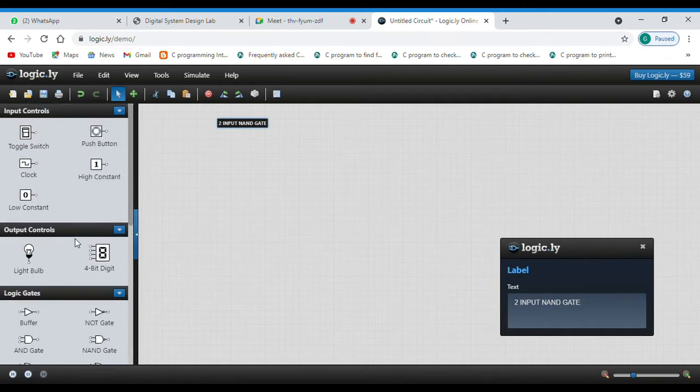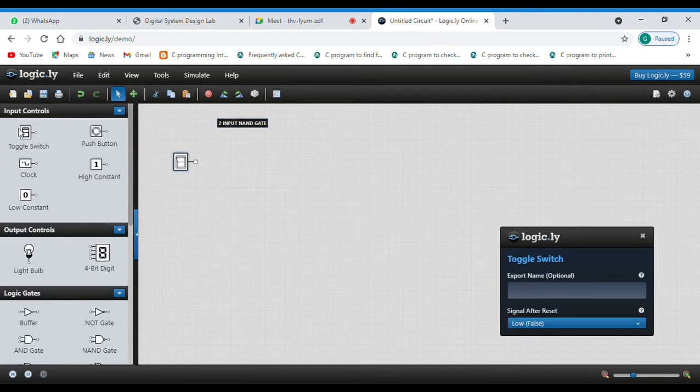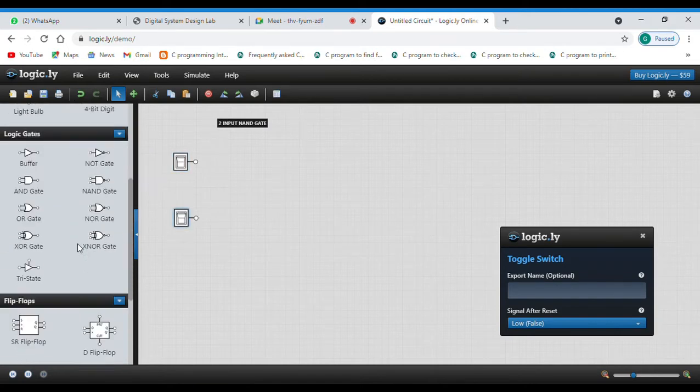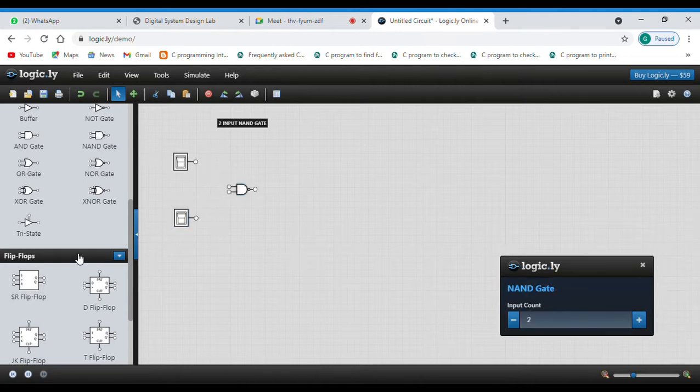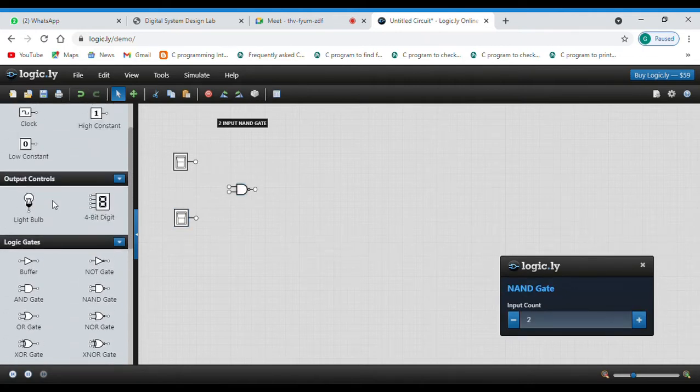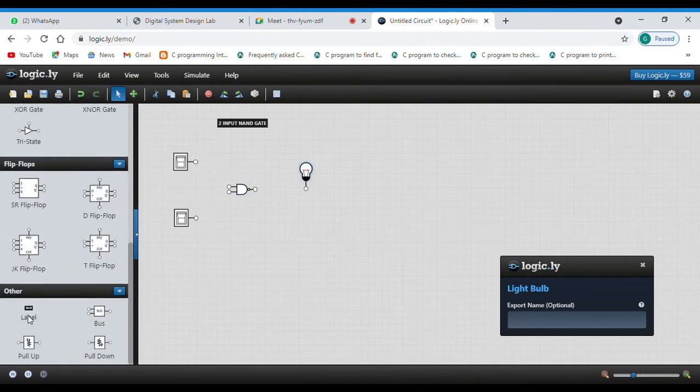For 2 input NAND gate, we'll take 2 toggle switches. Then we'll take a 2 input NAND gate, and then we'll take a bulb. Now we'll label them.